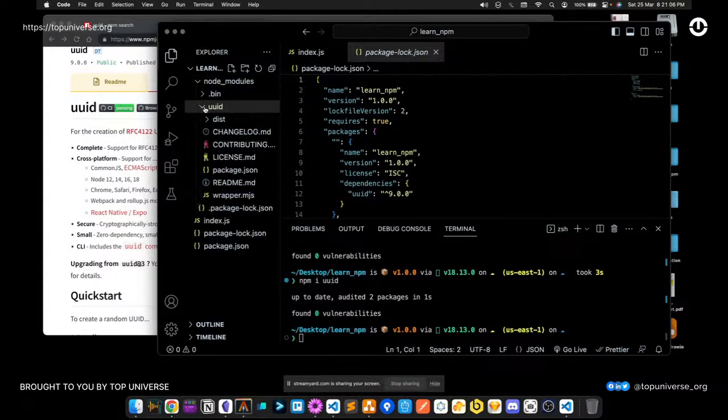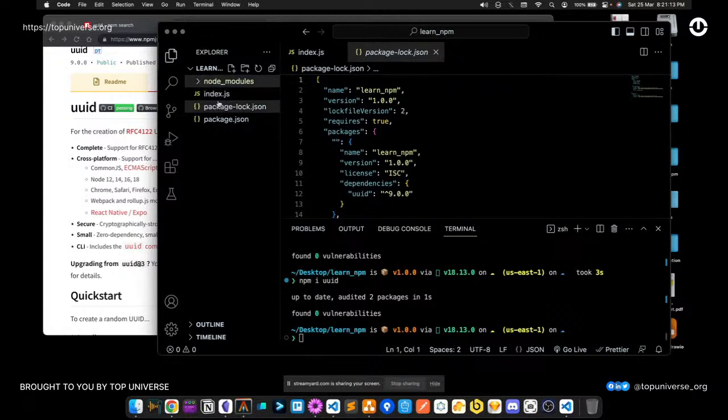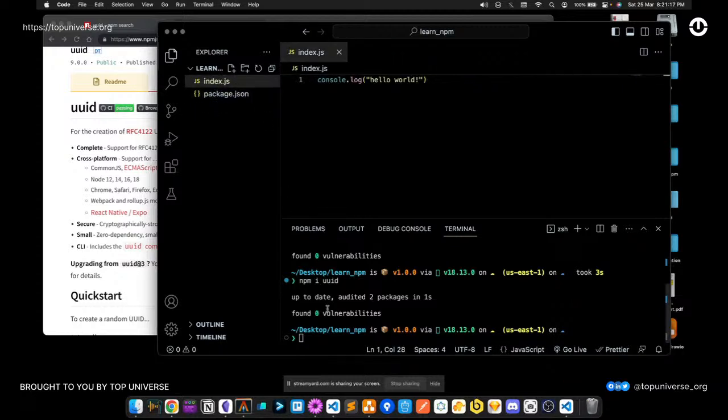So if you take a look at this, you see we have node modules. Now, node modules is basically containing those packages we have installed. It was pulled down into node modules. So this is the UUID package. If I go ahead and delete the node modules and the package-lock.json, if I run npm install again,